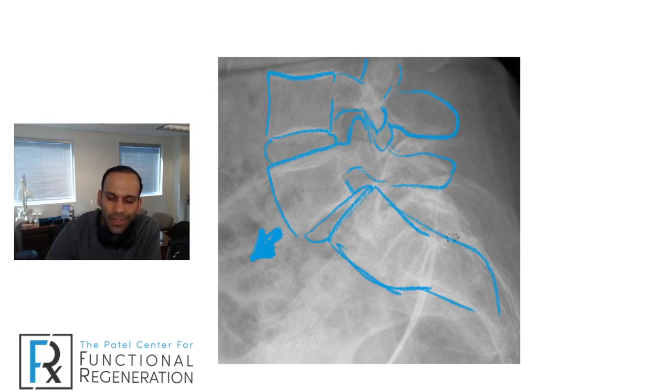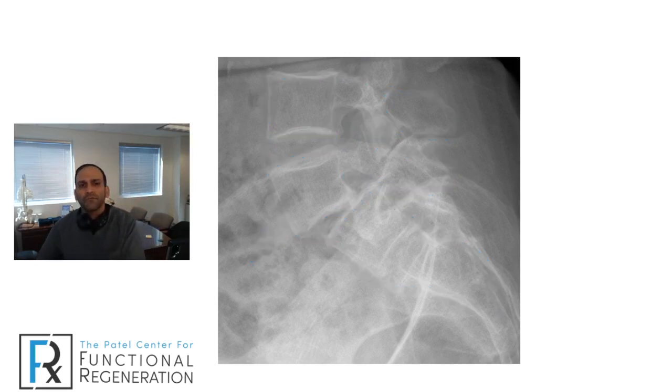Let's do something like that. So you can see how that disc level here is most likely sheared or stretched, and that causes some narrowing of where the nerve would be traveling right there. If you could picture that, in this instance, that looks like a borderline grade 2 spondylolisthesis,